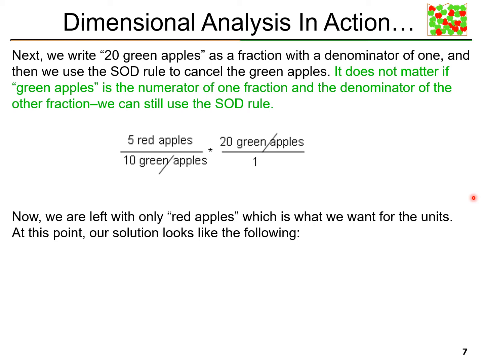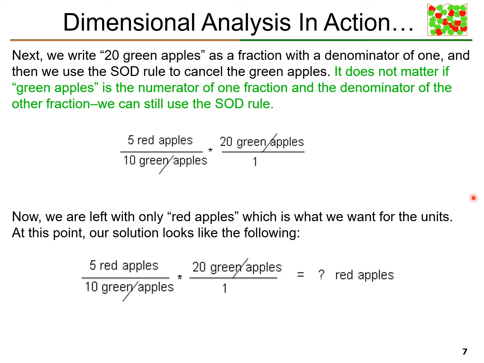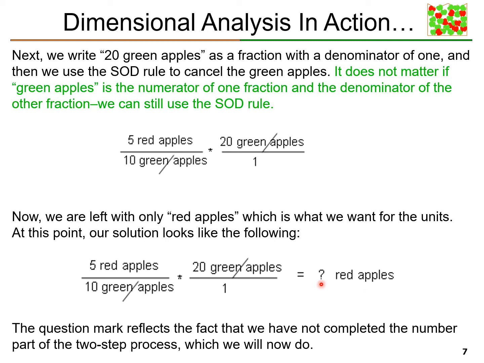At this point, our solution looks like the following. So we went ahead and wrote down what we had left for units. We had red apples left over because they did not cancel. Green apples canceled, so they went away. This question mark right here